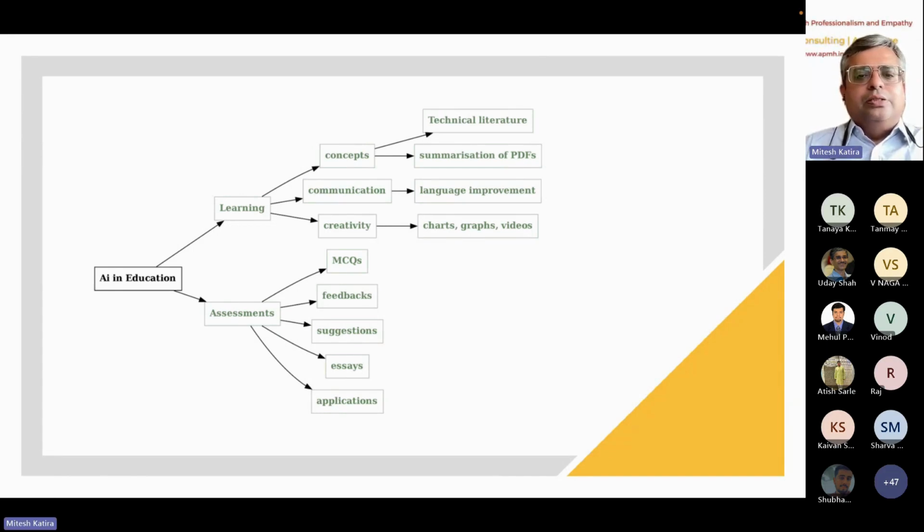And when it comes to assessment, students obviously want a lot of feedback in the form of MCQs, in the form of what they have understood, whether they have understood it correctly or not. They need to also solve a lot of questions and answers. They need a lot of suggestions as to what to read, how to read, when to read. They want to do planning and scheduling of their time, which is less in their hands, and there is always more to do. Then they want to read, generate, and analyze essays, large write-ups, and ultimately they need to also do a lot of applications.